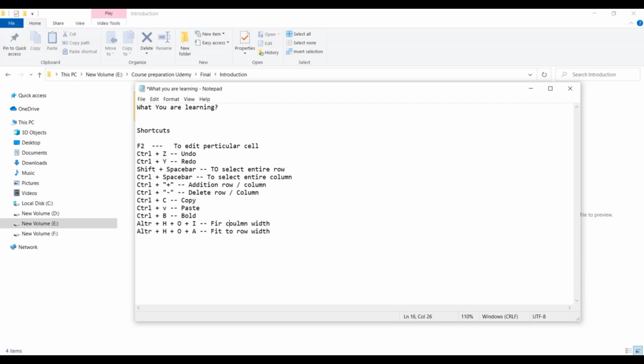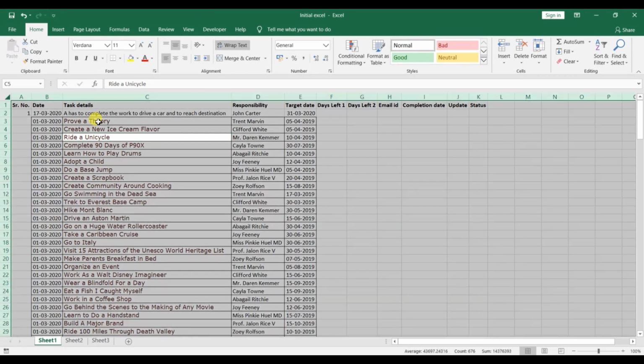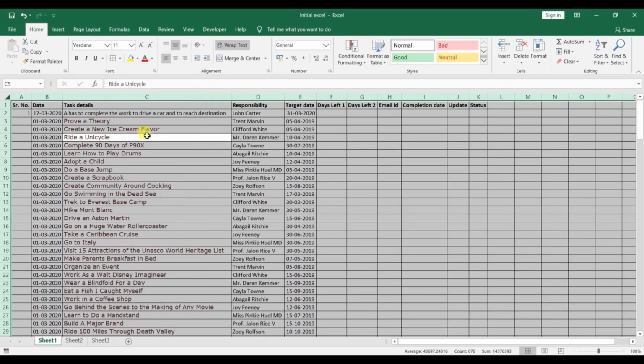There may be a spelling mistake, you can correct it. So these two things we will widely use in our lecture. Now you can see there are no borders available over here, and some borders are available over here. So you can just press Control A. Over here you can select all, but it will automatically select the full Excel sheet, but we don't want